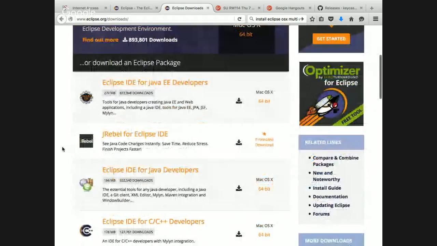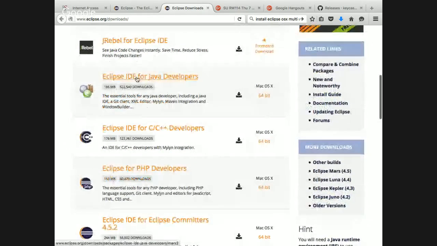And then there are many options, different kinds of Eclipses you can download. In fact, Eclipse is not only for Java, it also works for other programming languages. You may want to use it for other languages eventually, but the one we want is the third one on this list that says Eclipse IDE for Java developers. That's the simplest one, I think, and the smallest. You click on that, it's 166 megabytes, so it's not small, but